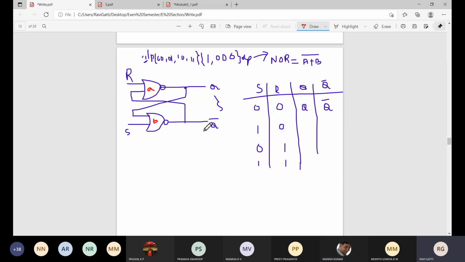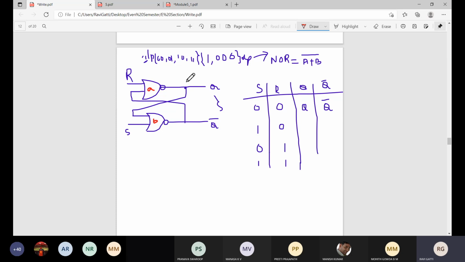Yes, sir. Okay. Before we begin, as we know, there are two inputs, S and R. If there are two inputs, then we can get four combinations. So what are the combinations we will be getting? 0 0, 1 0, 0 1 and 1 1 we have created. Since there is some explanation, we have changed the order. The change of order in the input signal does not affect.